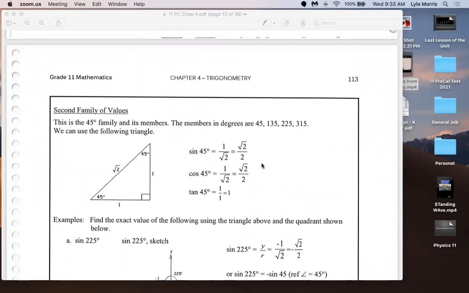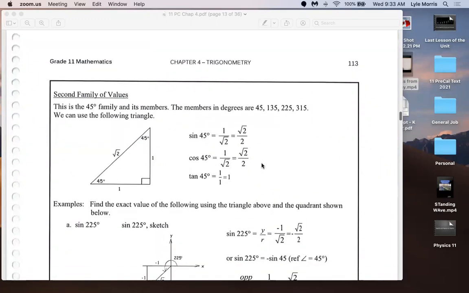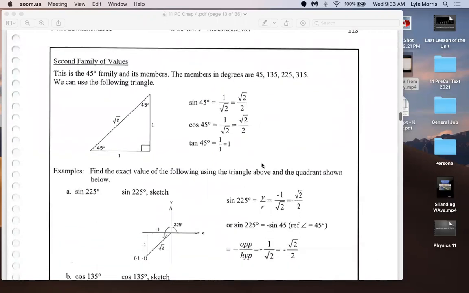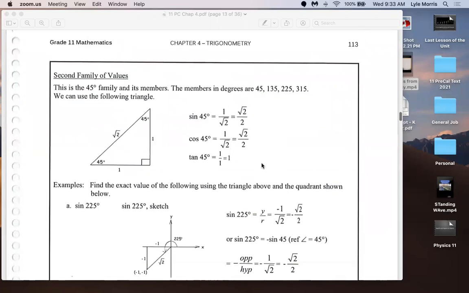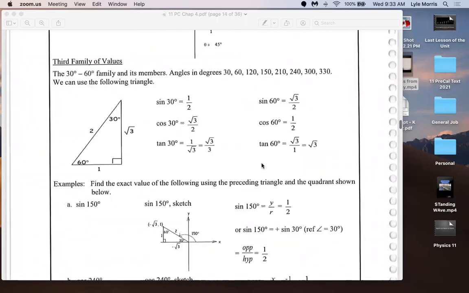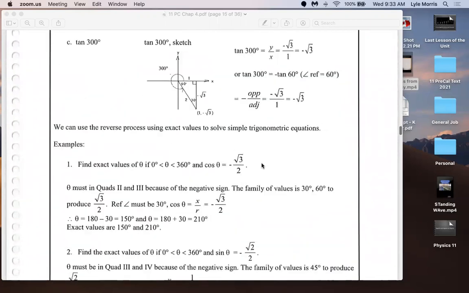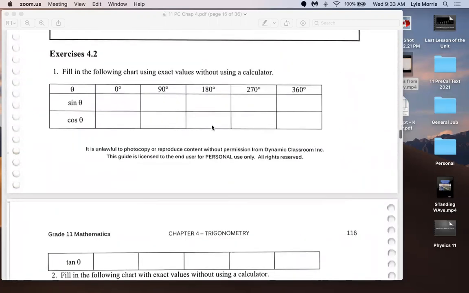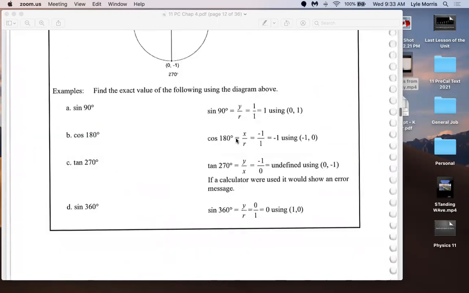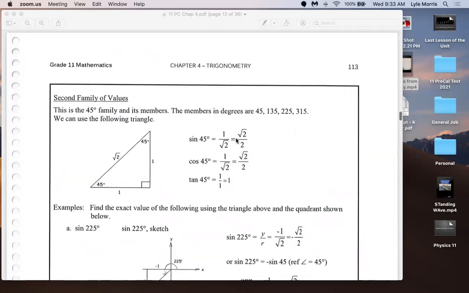I said I was going to go through this with you, and then I haven't assigned anything. If I'm doing all the examples with you, what is there for you to do? Tell you what, I'm going to do the examples, change my mind. I am going to assign this. You will have time tomorrow, but I will take a fair amount of time talking about the unit circle. So anyways, I'll keep going through these examples. All right, now with the 45 degrees,